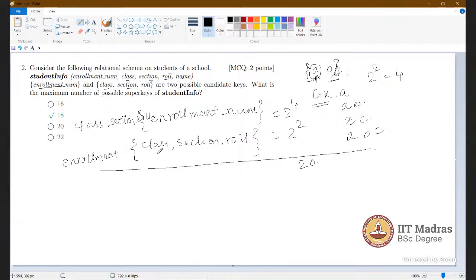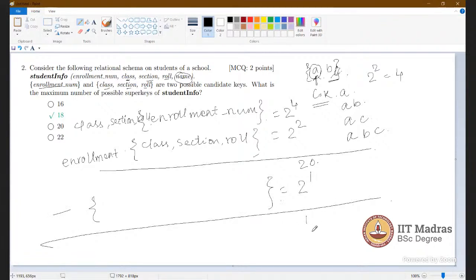Here we include this one, and this one also we include. So we need to remove that. For that, include this as the candidate super key. If we include this as a super key, then the number of possible super keys is 2 to the power, only one is remaining, and that is name. So 2 to the power 1. We need to subtract that because of the repetition.